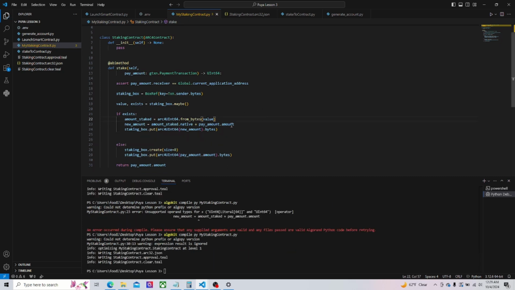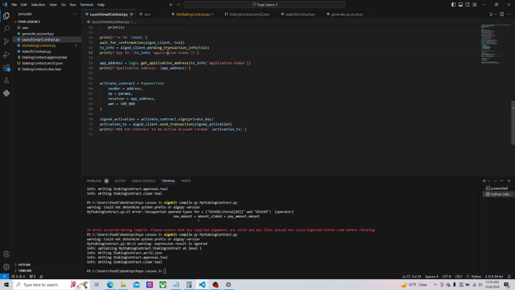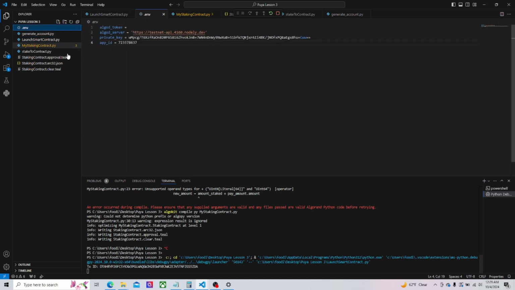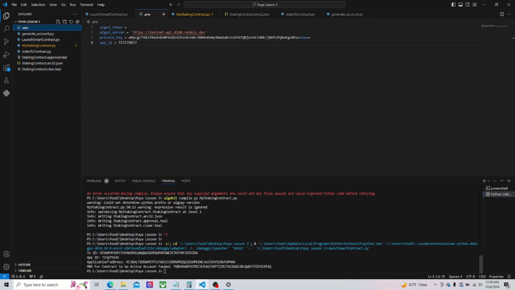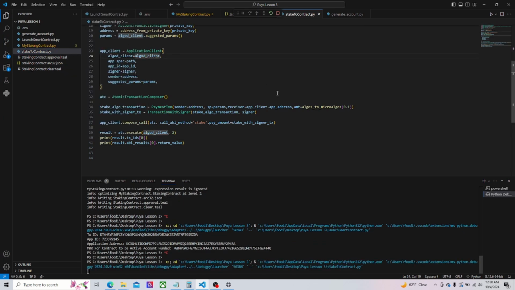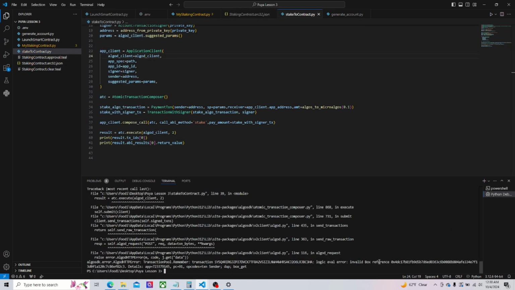Perfect. So now what we're going to do is go back to our launch smart contract, launch this new version of the contract, get the app ID and replace it with the one here that we already have in our env. We're going to stake to the contract like we did before and see if we're going to get an error for invalid box